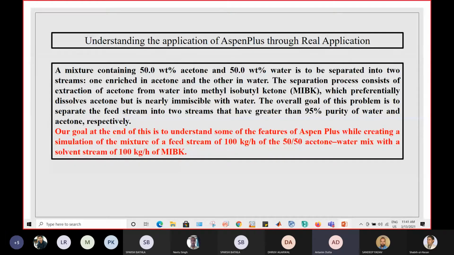But for now we are not going to deal with that. What we are going to deal with is one mixer in which we mix two streams: one stream consisting of two components, acetone and water, and the second stream of methyl isobutyl ketone.